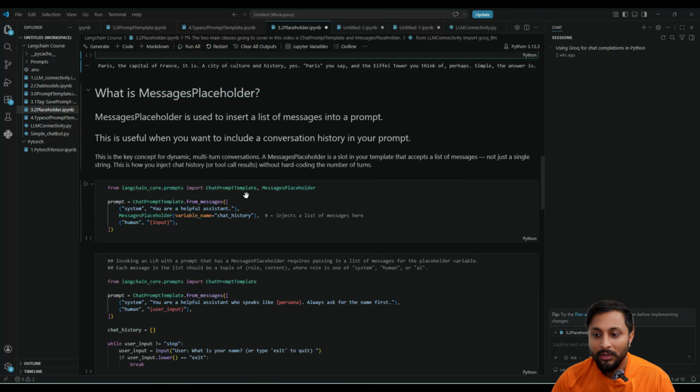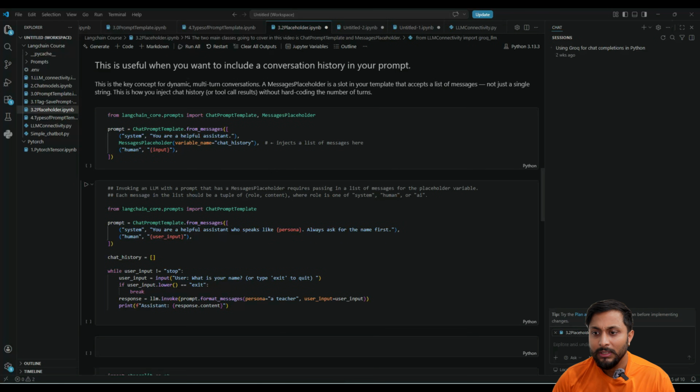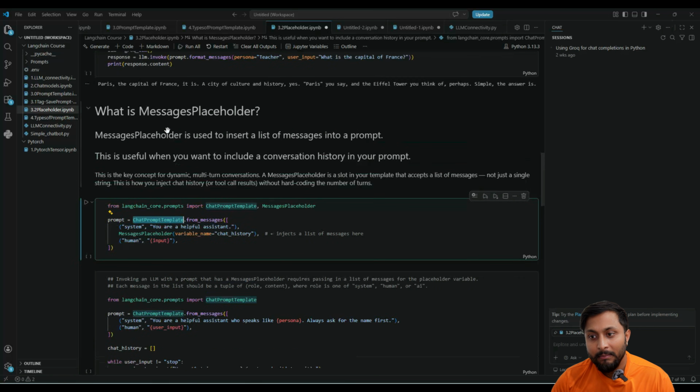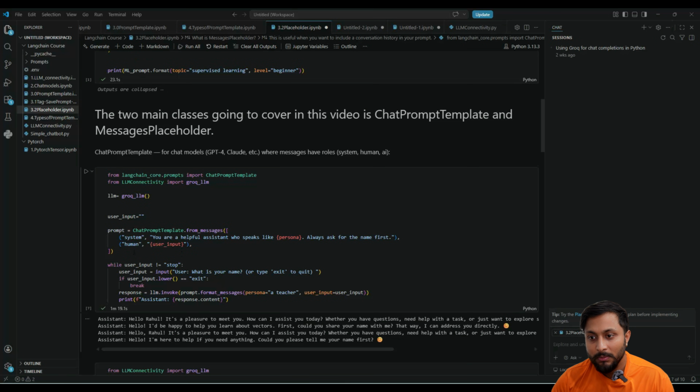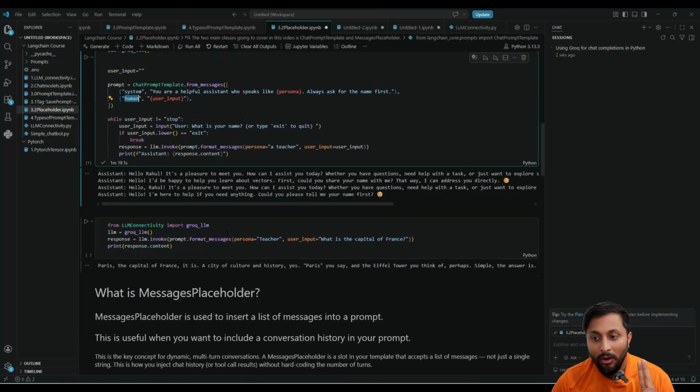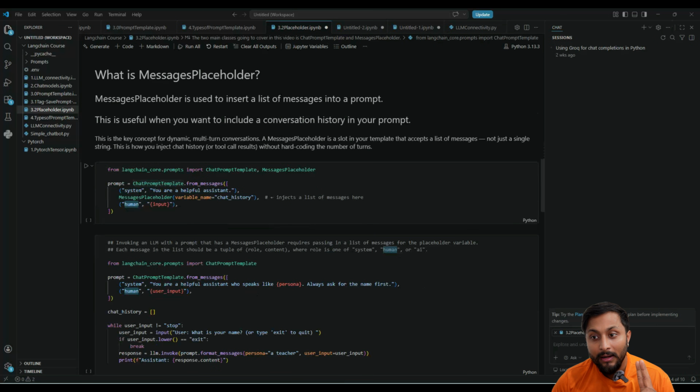Okay, for that what I am going to do, if you see here, I have created this particular chat from template, but same as before, मैंने यहाँ पे जो चैट प्रॉम्प्ट टेम्पलेट डाला है, यहाँ पे सिर्फ दो ही चीजें डाला, that is system and human. Now what I'm going to do, I'm going to add another thing that is called message placeholder. And in this message placeholder, what I'm going to do, I'm creating a